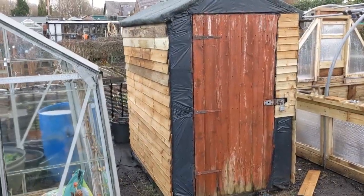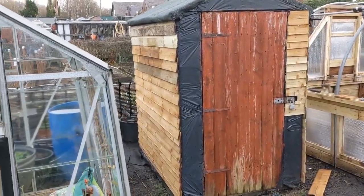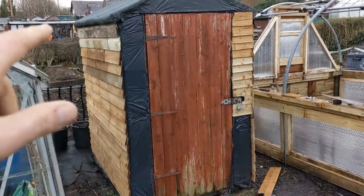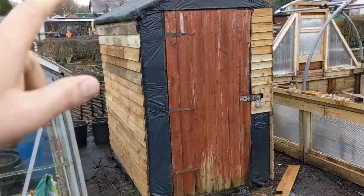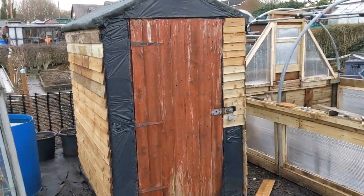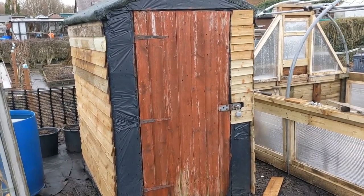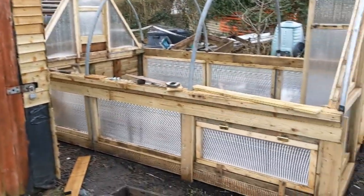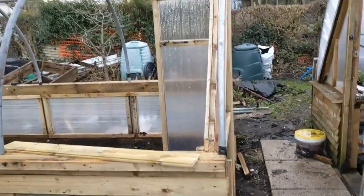So yeah, the feather edge board I've run out of. But I've made a start on it there, as you can see, the side. Managed to get that side done. And I've got the makings of the front. But yeah, need more. So what we're going to do is...